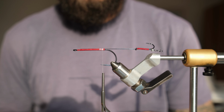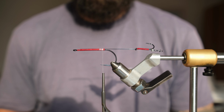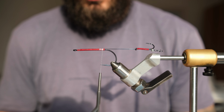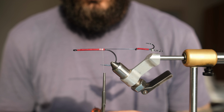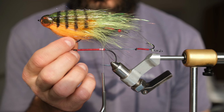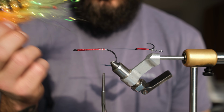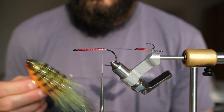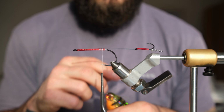Hey, what's up everybody? Today we'll tie my favorite color pattern and my most productive fly of 2023, and it's gonna be the little perch color with the rattle inside, tied on a stinger rig, 4-aught trout predator, and